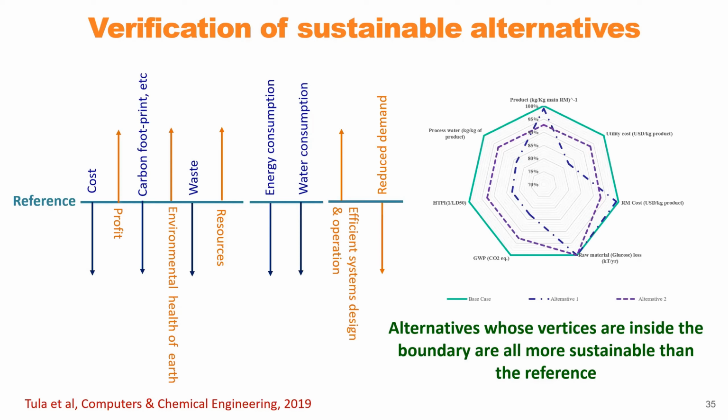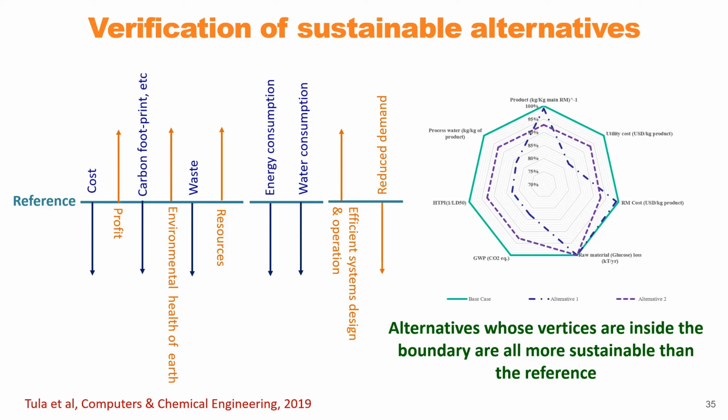So what we are looking for are alternatives that are inside the boundary. Any alternative that for one index or more goes outside, then there is a trade-off. We are looking for alternatives that are totally inside the boundary. So representation of alternatives and comparing of alternatives is very important,